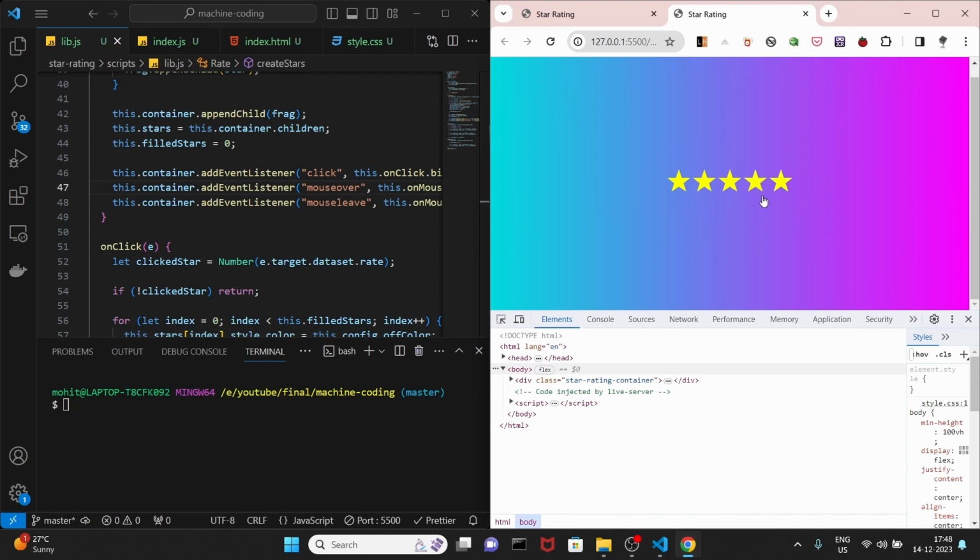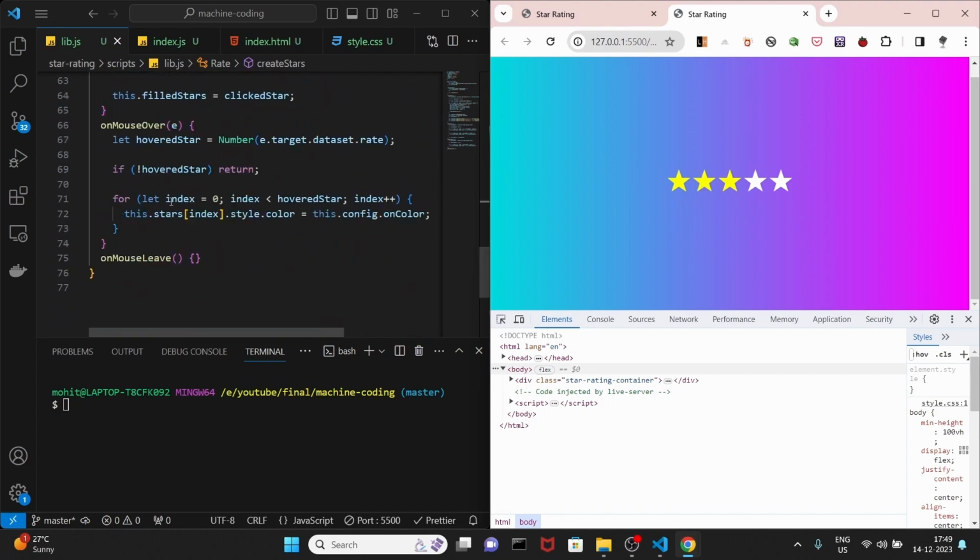But you might have noticed, let me just show you again. Now I come here and just do on mouse over. Okay, it's working fine. It has filled it. But when I go back, it's not removing it. That's one problem. Second problem is if I come back here, then also it's giving me issue. Okay, basically I want it to be hot till here, no? So in that case, what we need to do is